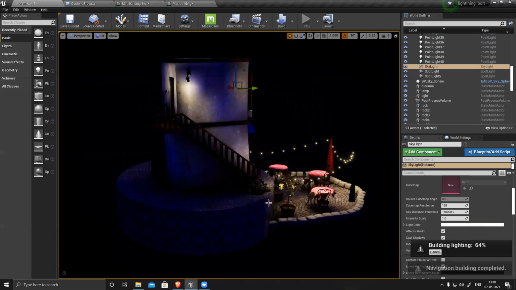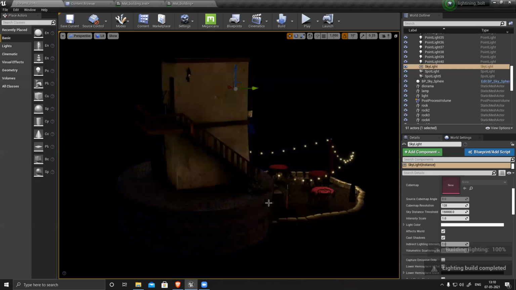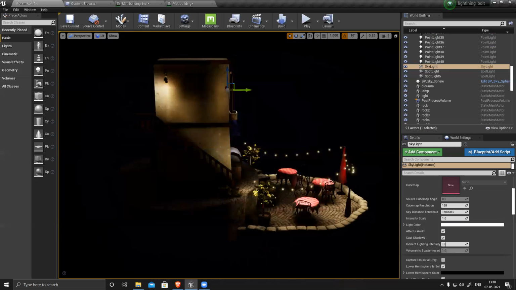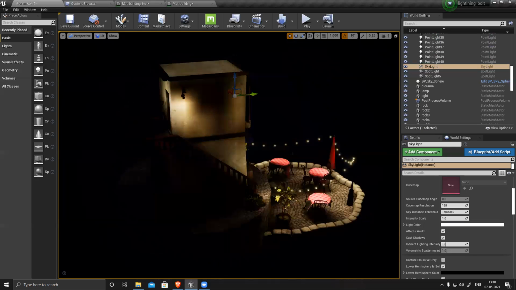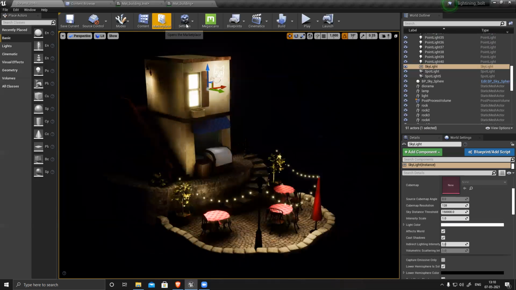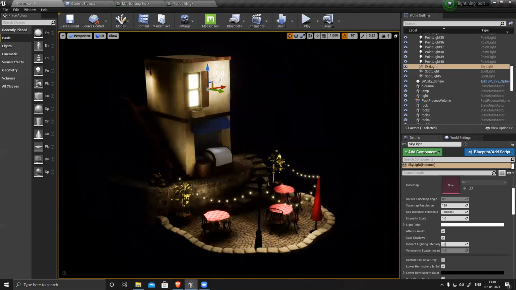I guess I need to increase the intensity of my direction light, because my direction light really generates everything. Yes, light is there. Correct.